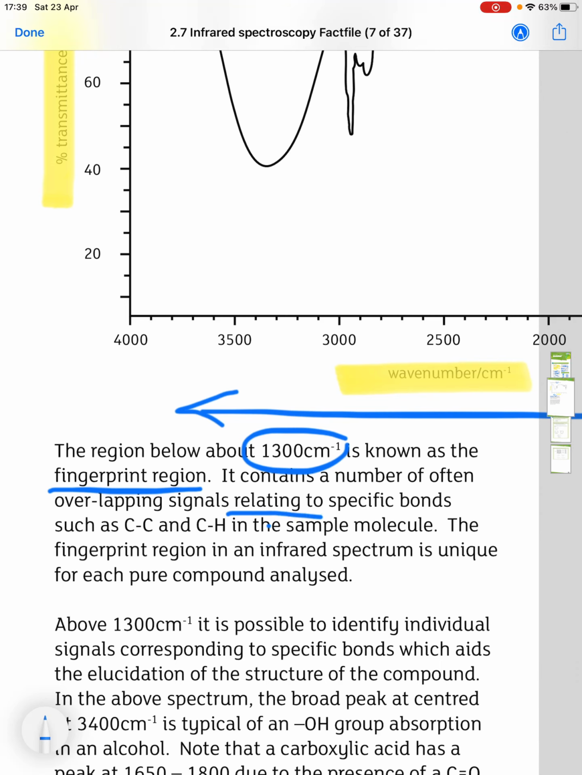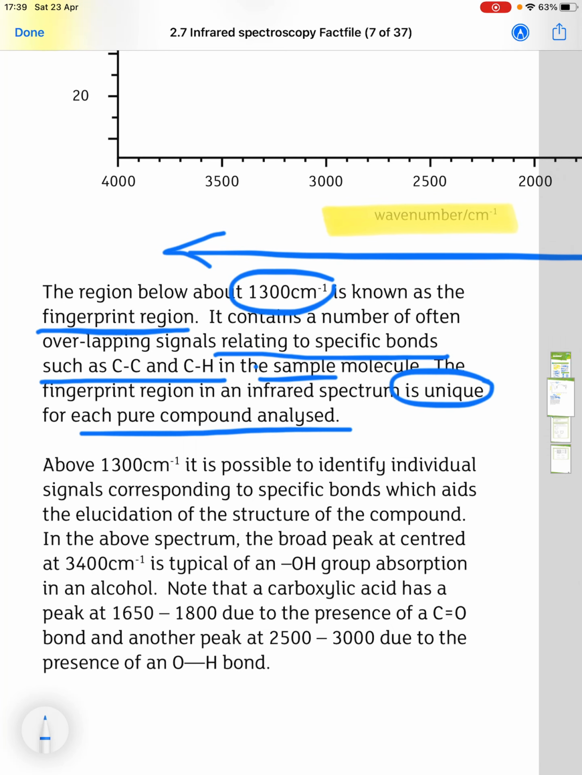of often overlapping signals which relate to specific bonds, such as the carbon-to-carbon bond and the carbon-to-hydrogen bond in the sample molecule. And the fingerprint region is unique for each pure compound that's analysed, so it can be used for comparisons. And above 1300, it's possible to identify individual signals corresponding to specific bonds, which aids elucidation of the structure